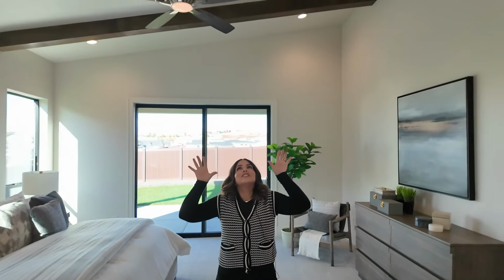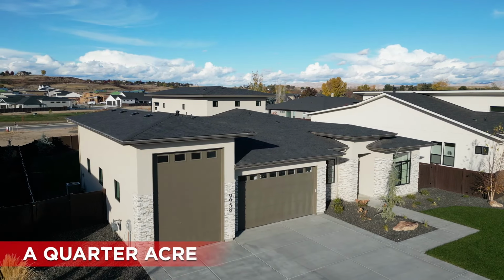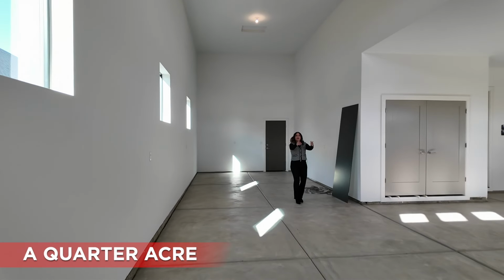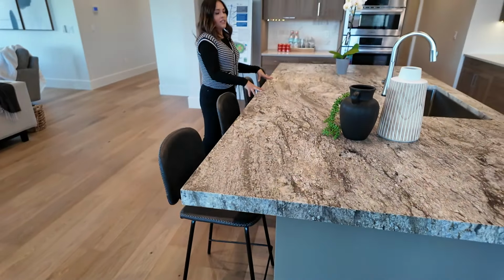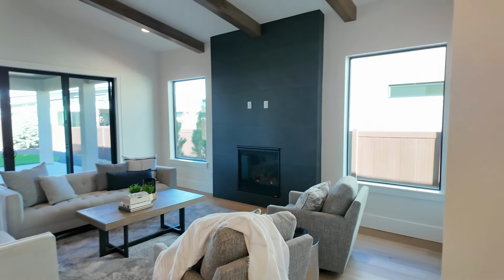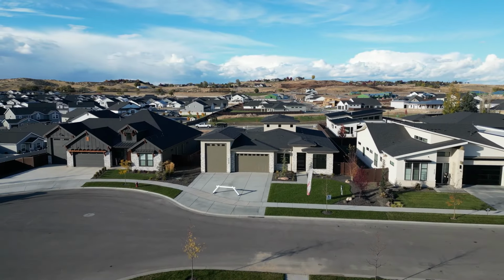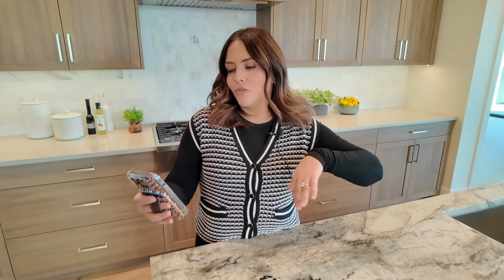It is a 3-bedroom, 4 full-size baths, just over a 1/4 acre with that big old RV bay. All of these custom features built by a builder who I have not mentioned yet is 3rd generation here in the Treasure Valley, Idaho. This builder grew up in Boise and Eagle, Idaho, and this has been in their family for many, many generations. They are not going anywhere. Very quality family, very quality builder. All of this for